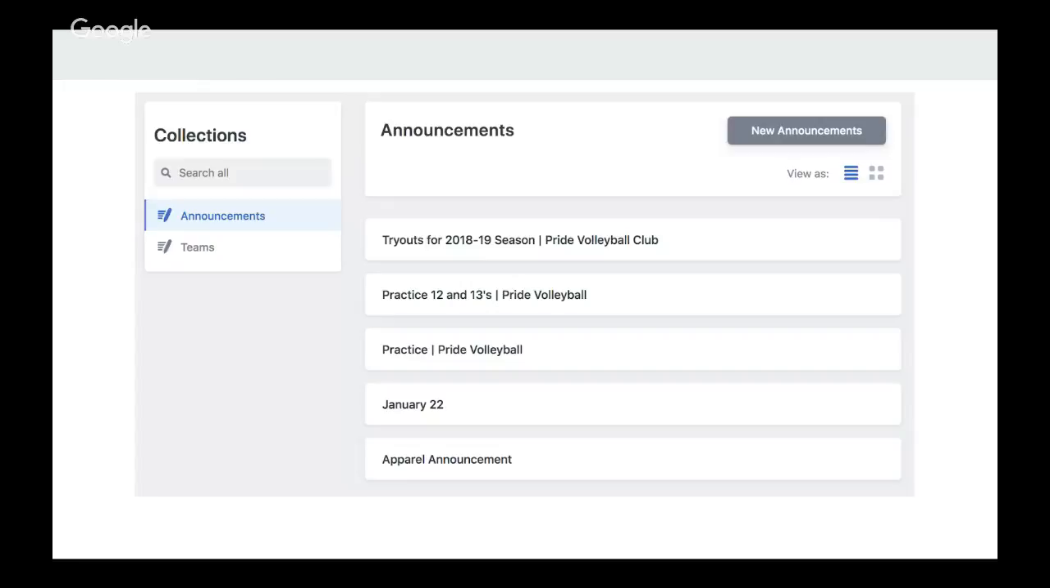So for example, my wife helps run a volleyball club, and on their website, they have an announcement section and a team section, and they want to be able to post announcements, and post information about teams and who's on a team and stuff like that. So we set up those two different collections, and then they could come here and either add a new team or edit a team's information or add a new announcement and stuff like that,